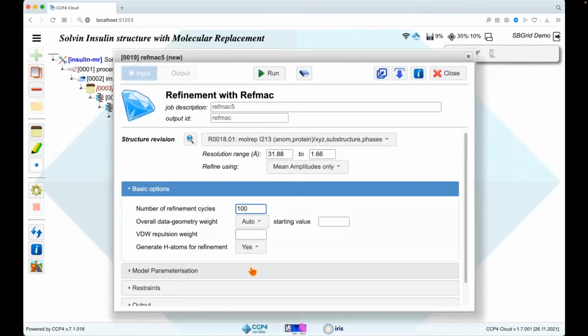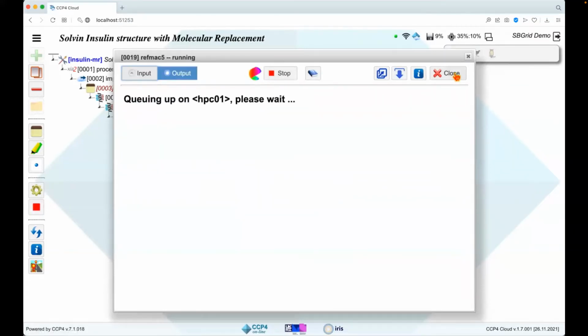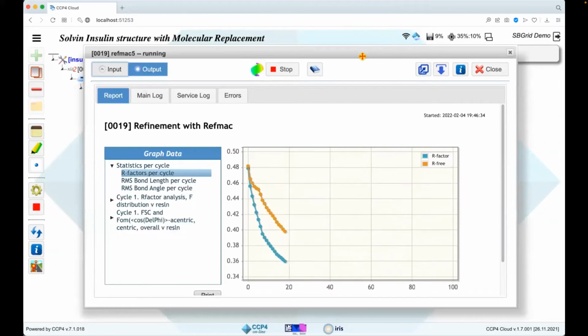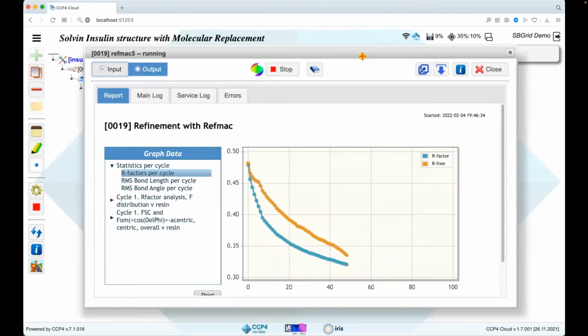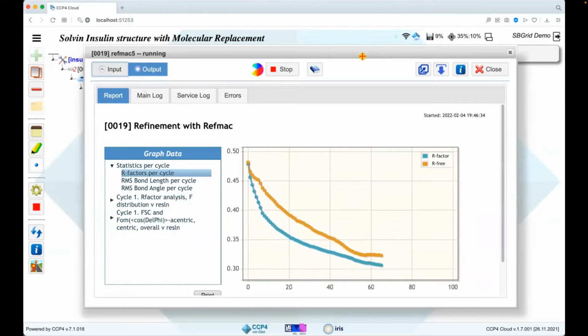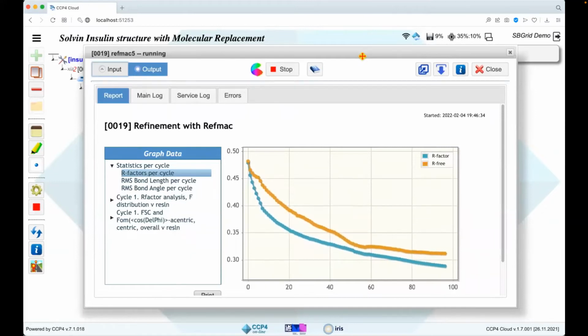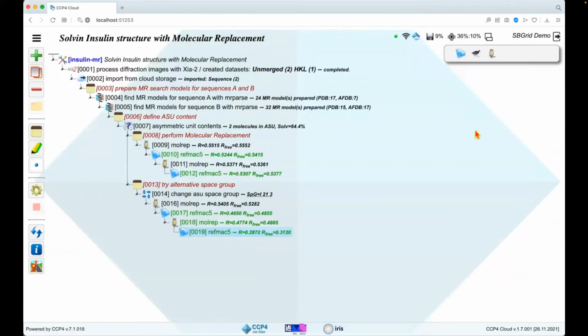the RefMac team. There is a special region for that. Use jelly body restraints and give it a little bit more cycles, 100 cycles in this case, and see how it works. A really dramatic drop in R factors, and this is a clear indication that the structure is solved. However, the final R factors are well above what we can hope for a data set with 1.6 angstrom resolution,